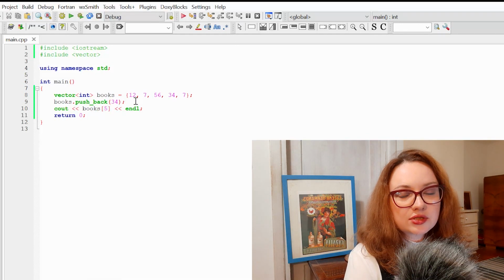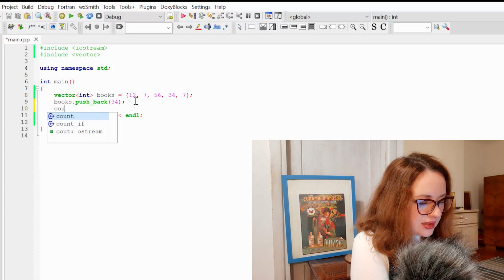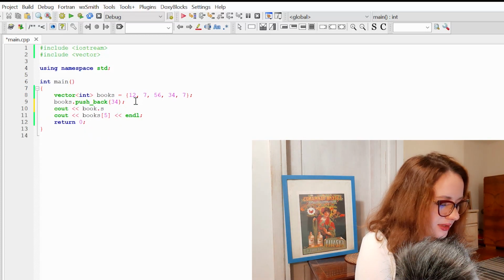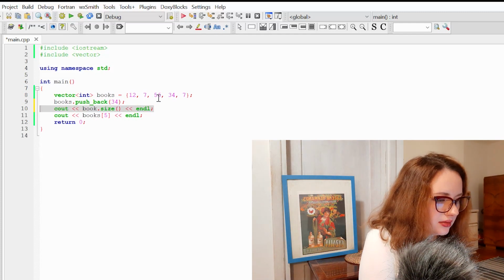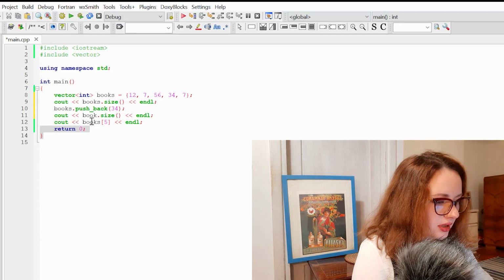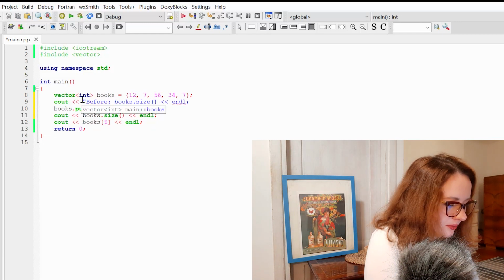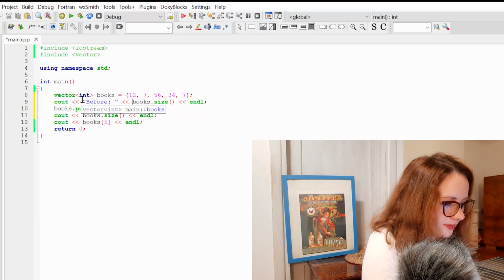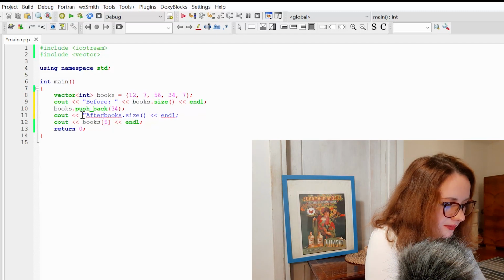Another useful function you can use for the vector is size. So if you want to check the size of your vector, use function size. Okay, let's try to write the size of our array before the change. So let's add here word before. And now let's also check after we used push_back.